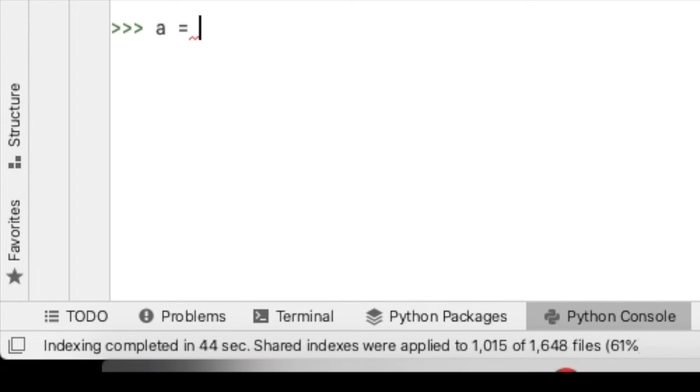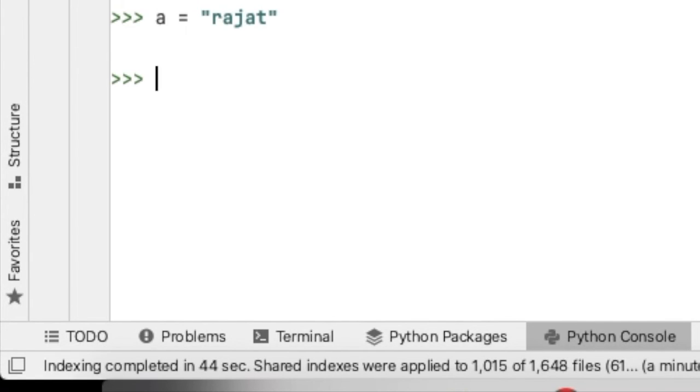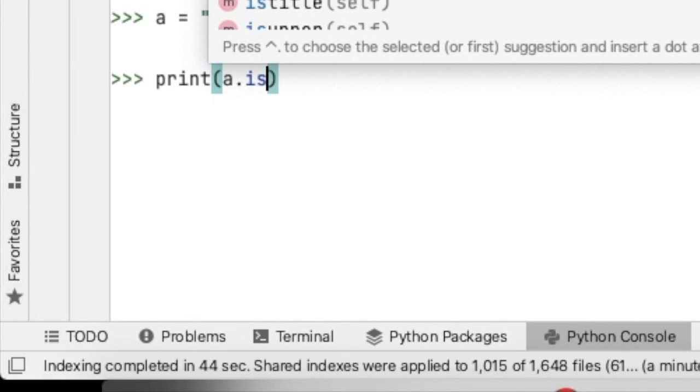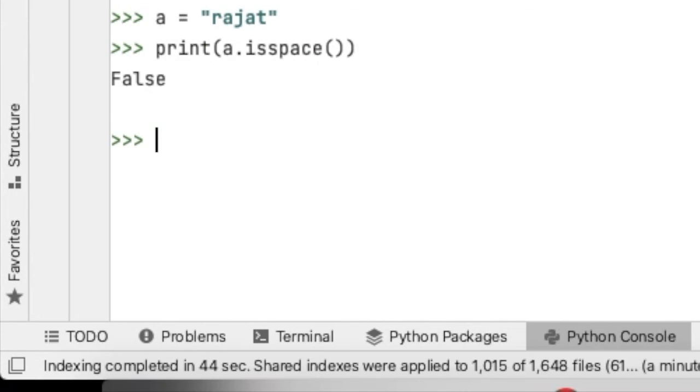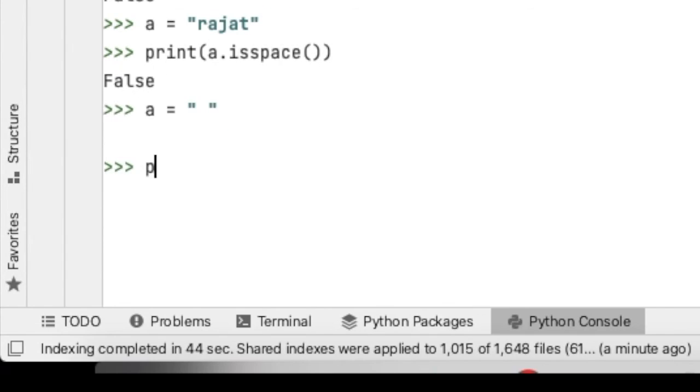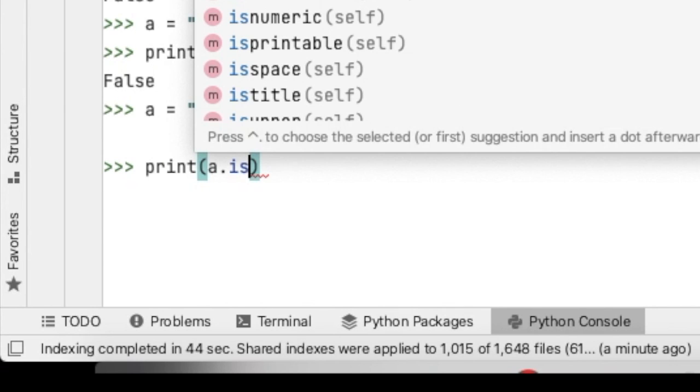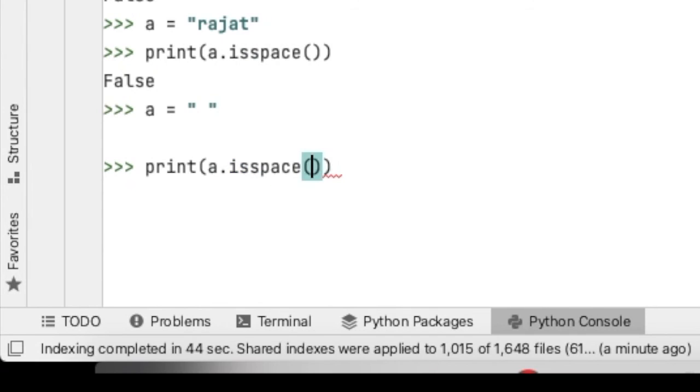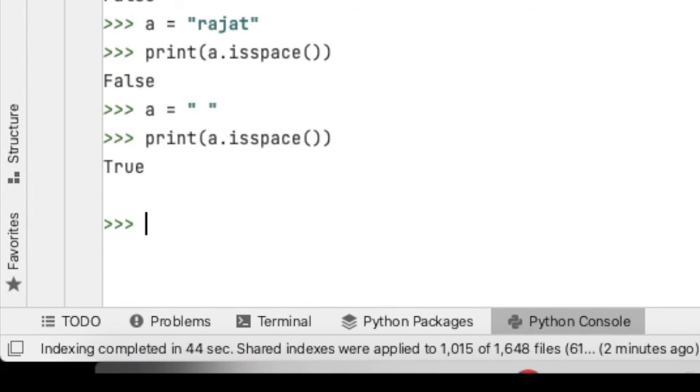If it does not contain space, then it will give us a boolean result which is false. So here I am taking Rajat. Here you can see space is not present, so it will give us false. Suppose I am taking a blank string and printing A dot isspace. Now you can see it will give us true.